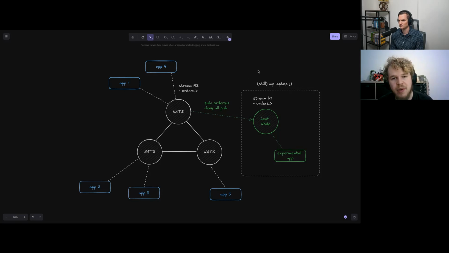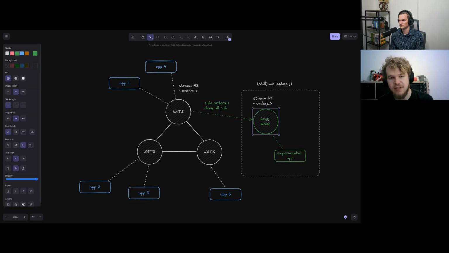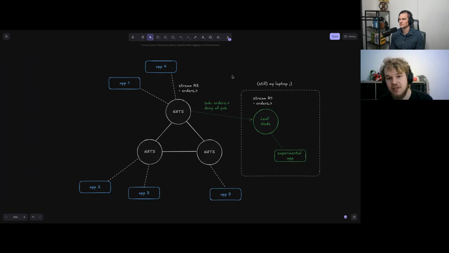But assuming the conditions are right and it would be accepted, and you're not going after full reliability for this case, then it would work. So you could have a work queue in the cluster and then recreate a stream over here capturing the same subjects. Now you can consume the work queue again. In terms of where the components and the assets are, they are separate.